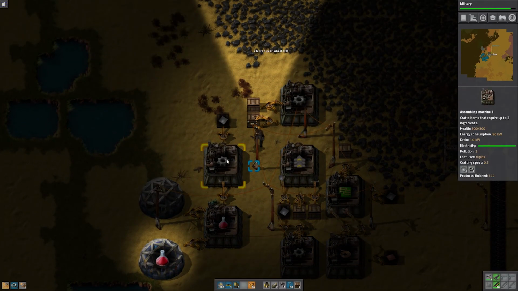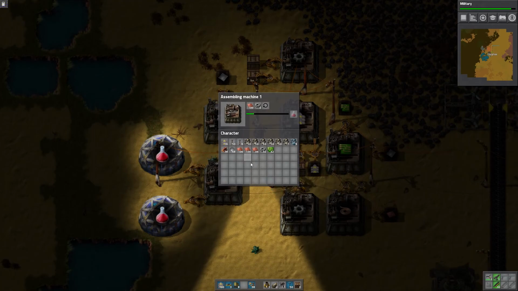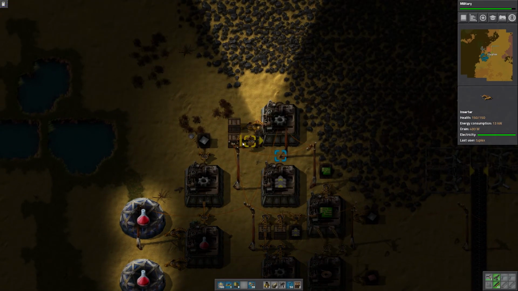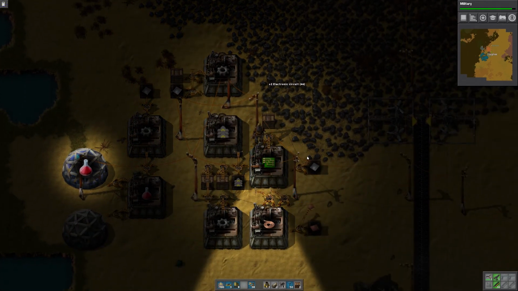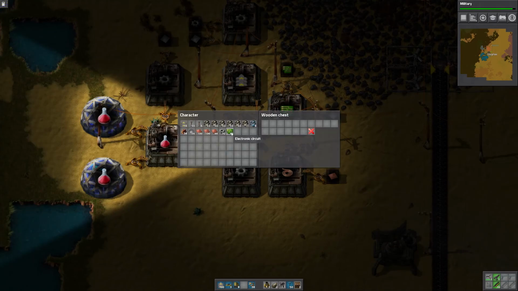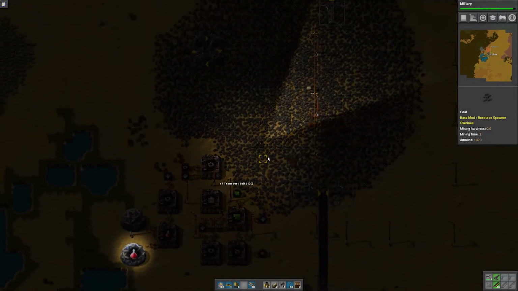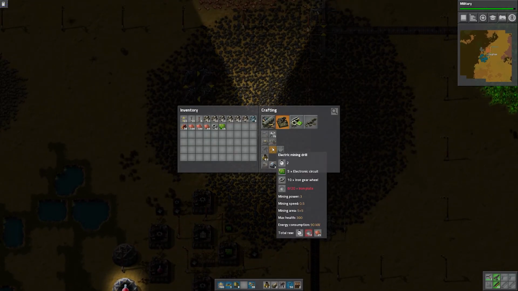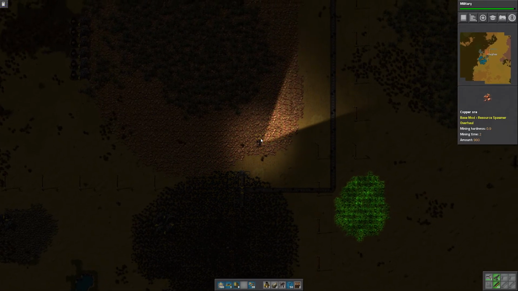Belts, gears. How are you doing? You're doing okay. You're doing okay. Let's get a few more plates in there. You're doing good on copper. You need more iron. Okay. And I need more iron to get more drills. So